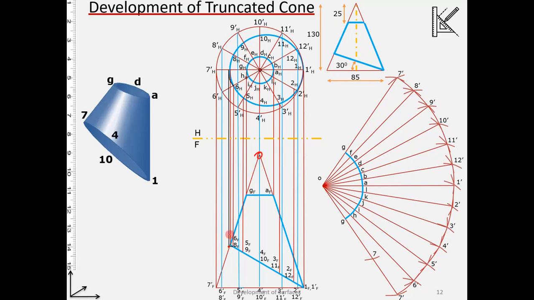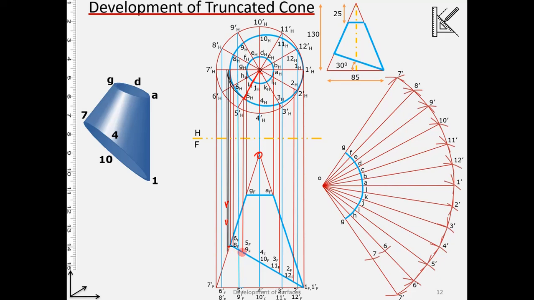Okay, that's the true length, and this length we will be marking on O6 dash here. So this point is 6. Let us give the name 6. Now for point 5, again O5, from here to here, this line will also need to be rotated. So we will rotate it. Okay, the line has been rotated. Bring the point onto the frontal. Okay, so that's the line which is bringing it to the frontal projector, and now this 5 is here.